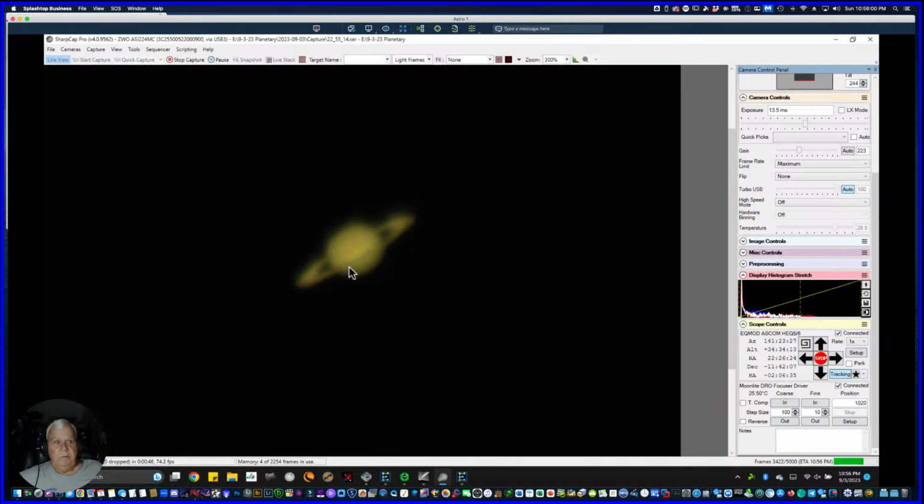It's just tough. So I play around with it. These are the controls over here to the right towards the bottom for the moonlight focuser, and I can,